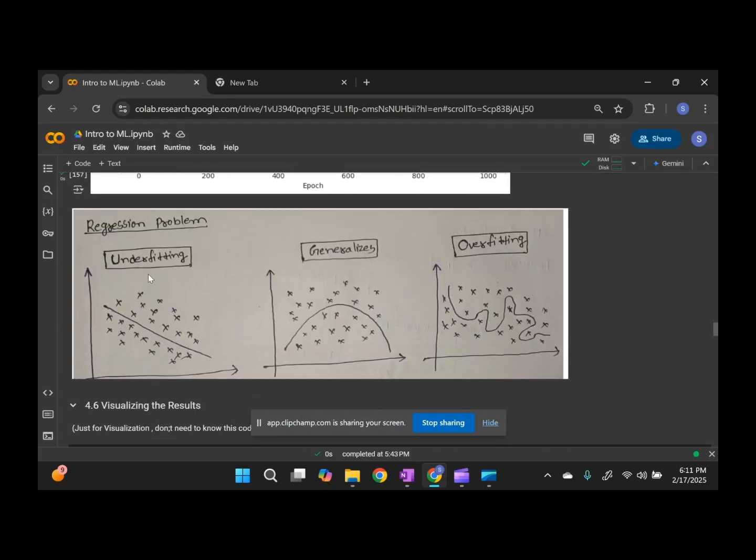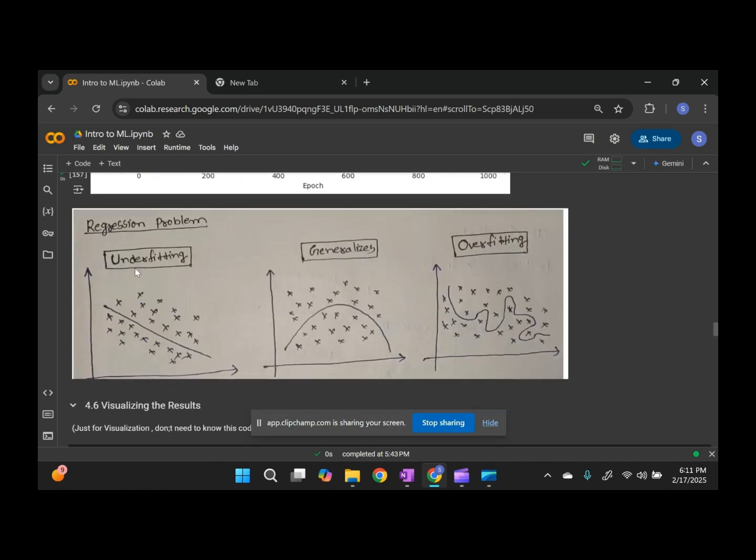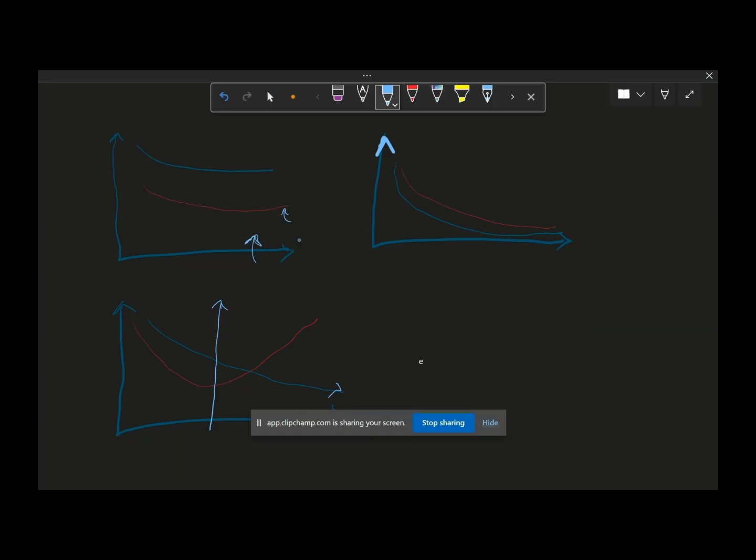Now we have three cases for training and testing loss curves. One is the case of underfitting, another is the case of generalizing, which is the ideal case we always refer to, and another is the case of overfitting. Now let's get back to the notebook and talk about the three cases. First is the case of underfitting,